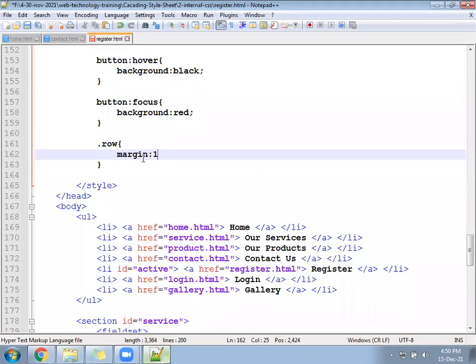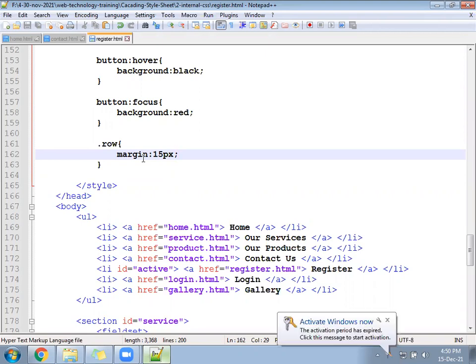So here both will work for you, margin also and padding also. Let's check once. Height got increased.